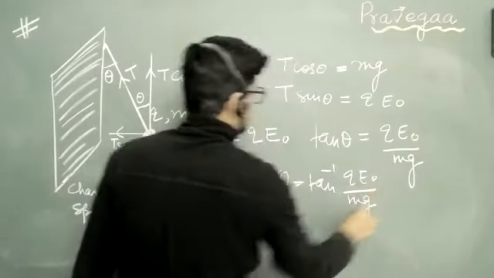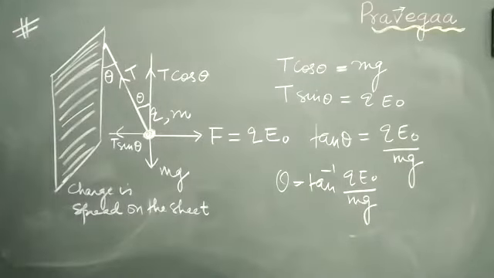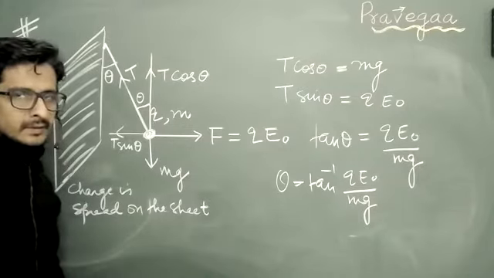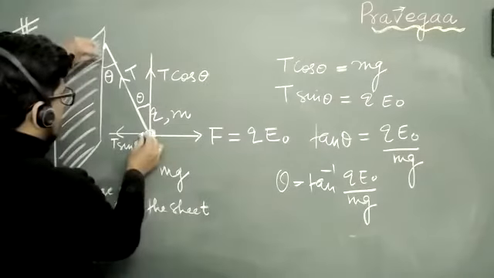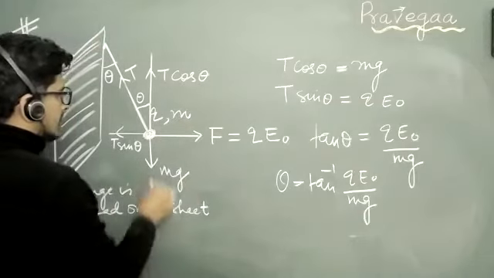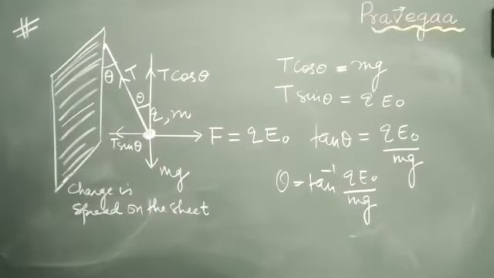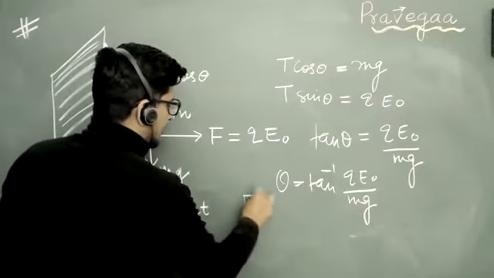So if you want this to become perpendicular, theta equal to 90 degrees, how much field will you have to apply? Hello? Sir, can you repeat the question? With the electric field, this angle is increasing, na? Yes, sir. So I want to apply an electric field of that strength so that this theta becomes 90 degrees. So how much field will I have to apply? Sir, very, very large field. So that means infinite field.